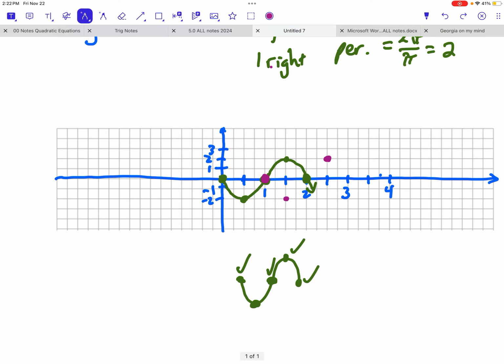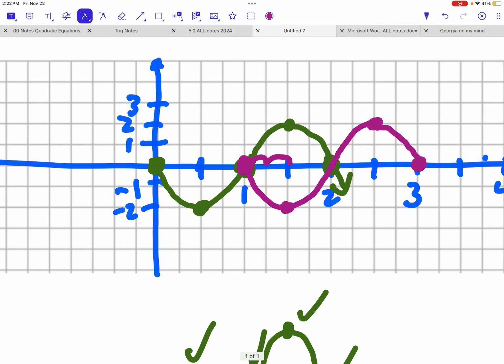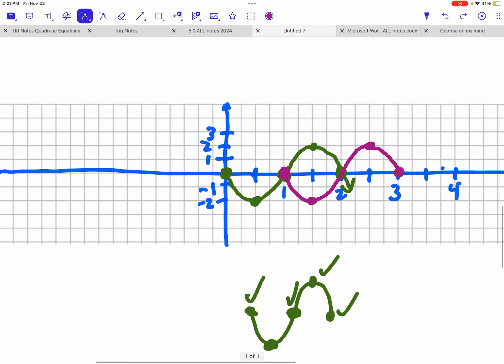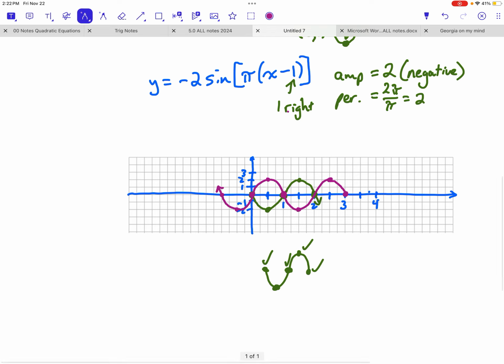This one moves 4 blocks to the right, right? And then here we go. So it looks like this. And then the pattern continues. So again, you can see that every 2 blocks, I got to make a move. 2 blocks over, make a move. And there we go. So that purple version there is the final version of y equals -2 sine bracket pi